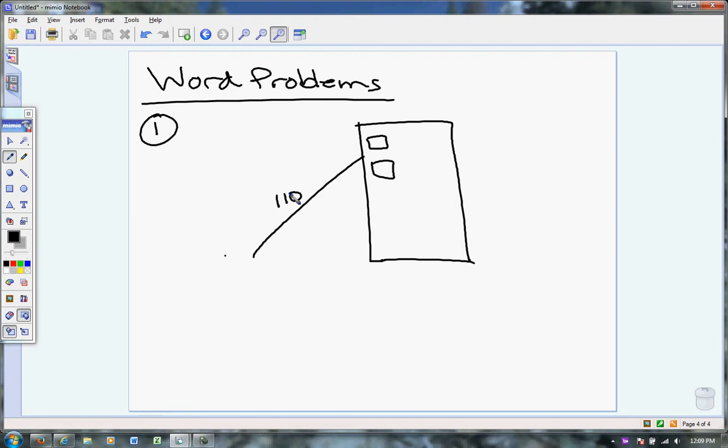Okay? And according to regulations, the steepest that ladder can be is with an angle of elevation of 72 degrees. All right? So whatever the state safety board, in Ohio it's called OSHA, they say that it cannot be any steeper than 72 degrees. So the question is, how high up on the building can we rescue somebody? How high up the building could we rescue someone with a 110-foot ladder and an angle of elevation